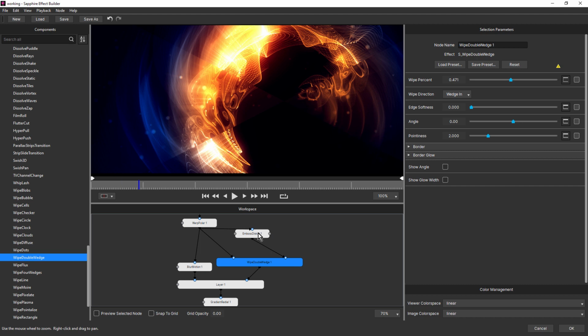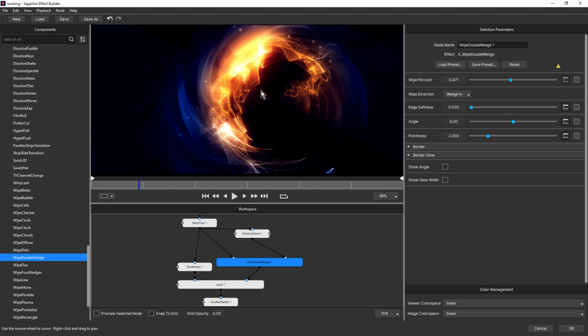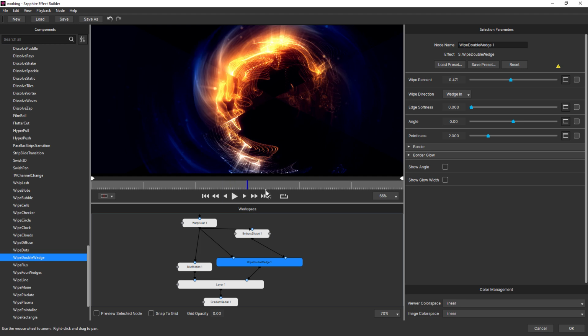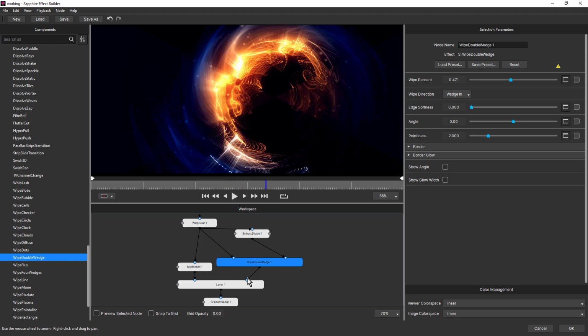And we can see both the Warp Polar affected by Emboss Distort in the background and not affected by Emboss Distort in the foreground, which adds a kind of fractured look to it, which makes it look really interesting, doesn't it? It is starting to blow out a little bit.